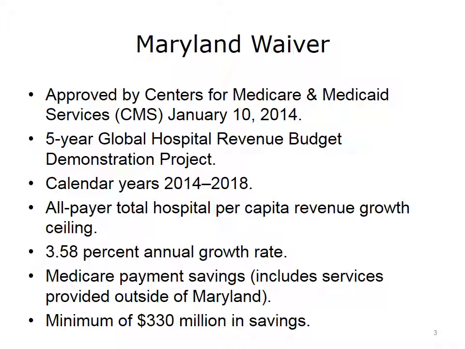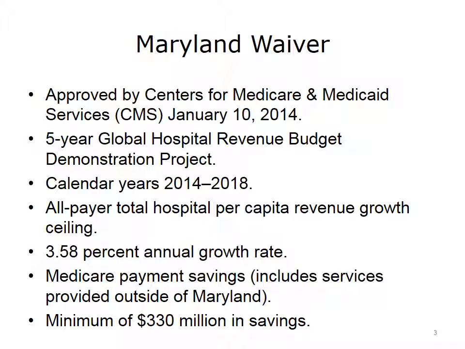Typically, Medicaid pays the lowest, Medicare next lowest, and the private insurers pay the highest rates, which are negotiated separately based on the negotiating power of the payer. As a result, there are a myriad of rates at the state level, and the net effect is private insurance usually cross-subsidizes Medicaid and Medicare rates. In Maryland, all the payers pay the same rate for all hospital services, so that there are no cross-subsidies.